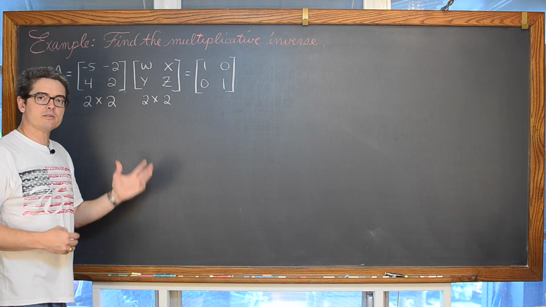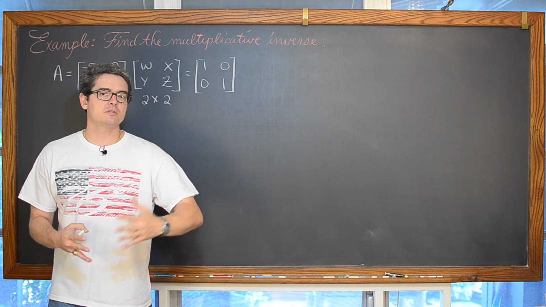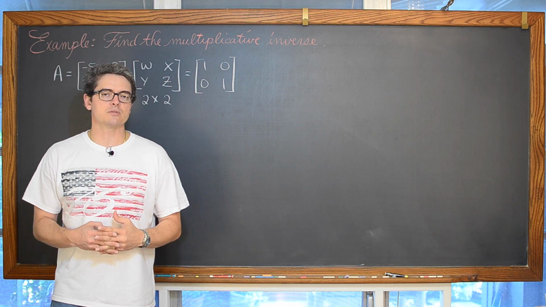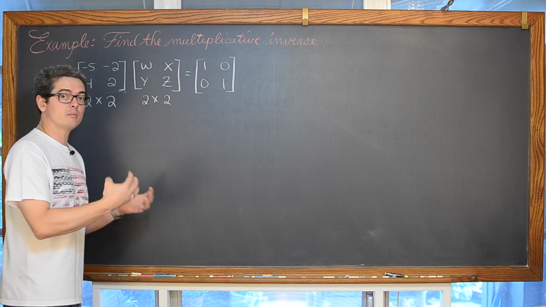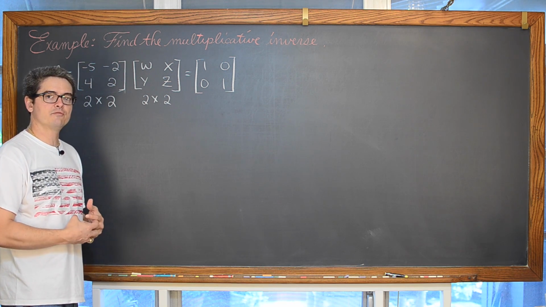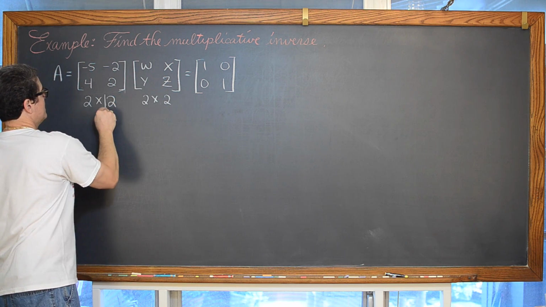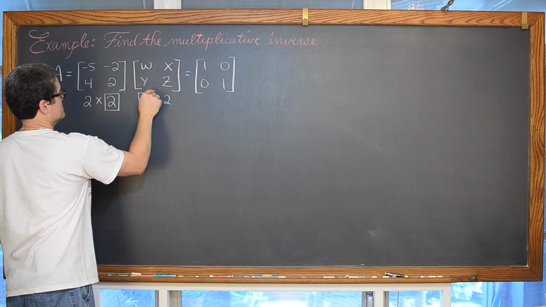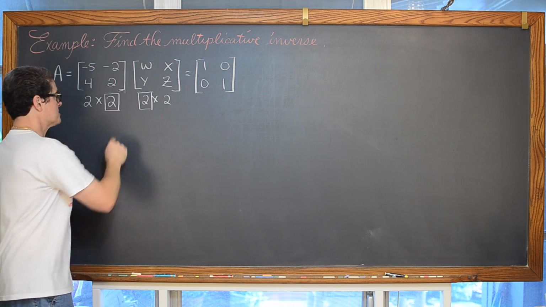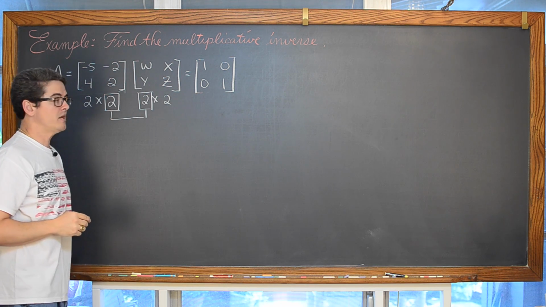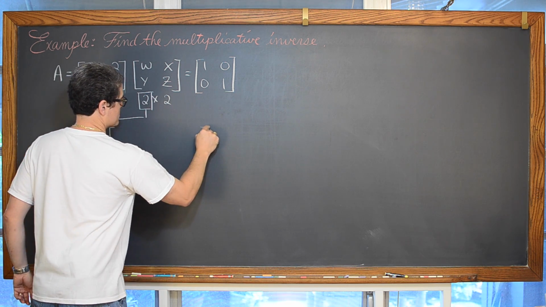But we're just going to multiply these together, using the matrix operations that we learned about in our last lesson, and also use the understanding of what it means for two matrices to be equal, which is that they're the same order or size, and all their corresponding elements are equal. That's going to set up the linear systems that we'll have to solve to finish this problem. Of course, this is kind of academic because I've made these square matrices the same order, but the number of columns in the first matrix has to match the number of rows in the second matrix, just to remind you. And we're going to get another 2 by 2 matrix.